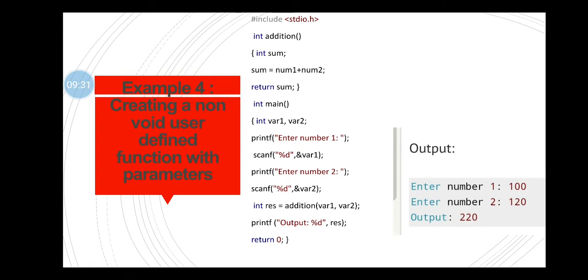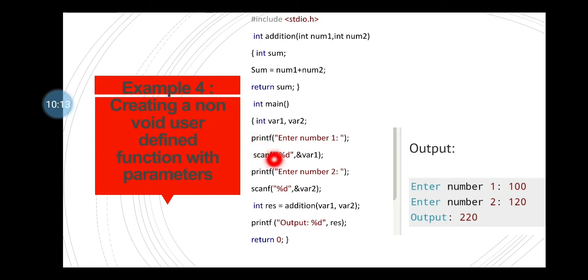Now next and the last type of function is creating a non-void function with parameters. As you can see over here, the return type of the function is integer, which is non-void, and there are two formal parameters, integer number 1 and number 2. First we'll see the prototype or the definition of the function. Integer sum: we have declared one variable, sum is equal to number 1 plus number 2, and then we are returning. This is very important, as the return type is integer, so we need to return something, so return sum. We are returning this sum over here. Now this is the function definition of addition.